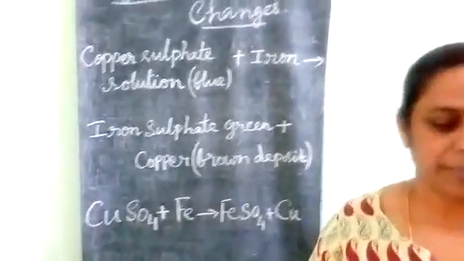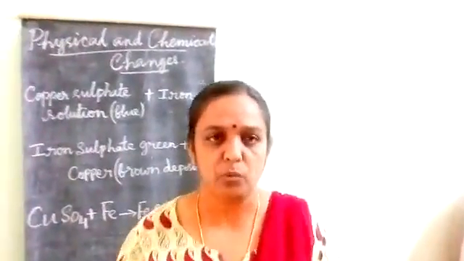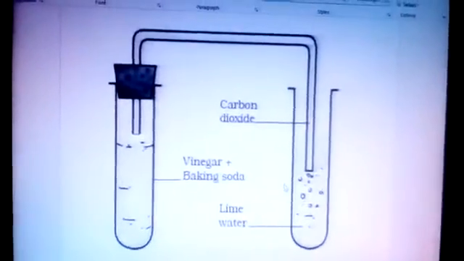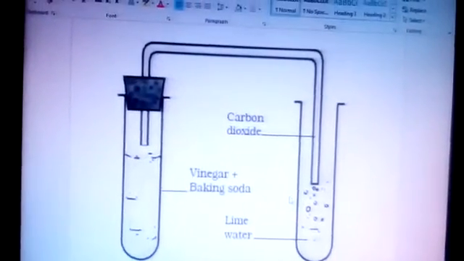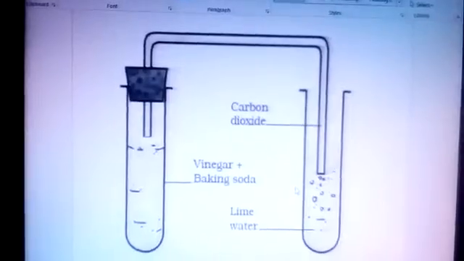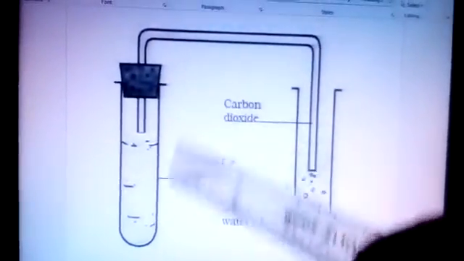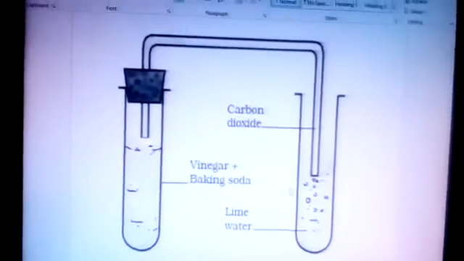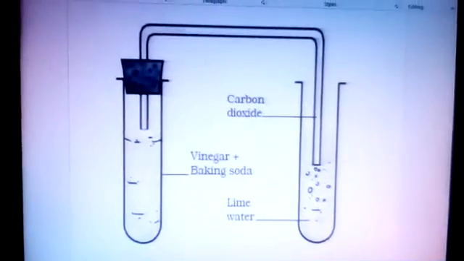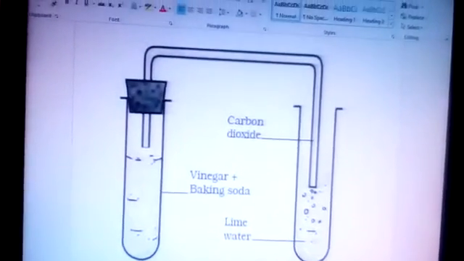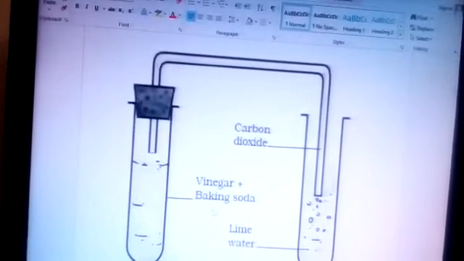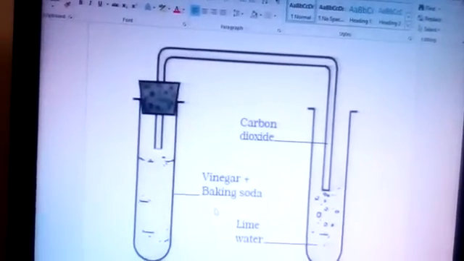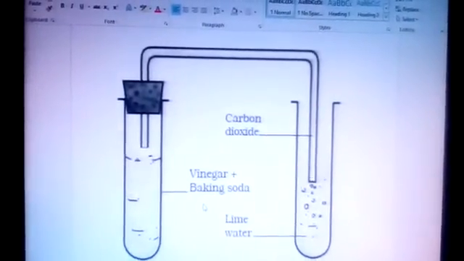Now let us know about another chemical change. We'll see it now. Take a teaspoonful of vinegar in a test tube. Here, vinegar contains acid. Add a pinch of baking soda to it. Baking soda is added to vinegar. Now what happens, you would hear a hissing sound and see bubbles of gas.